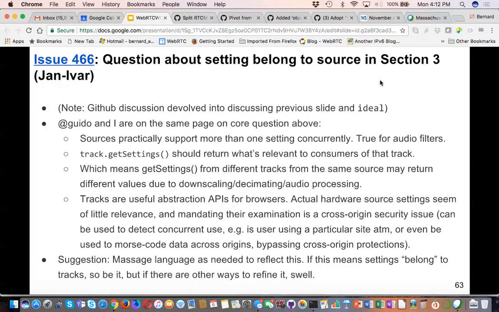It's not really clear whether we call it video and audio, we don't call it microphone. I think if we word this so that it did belong to sources, but that tracks...